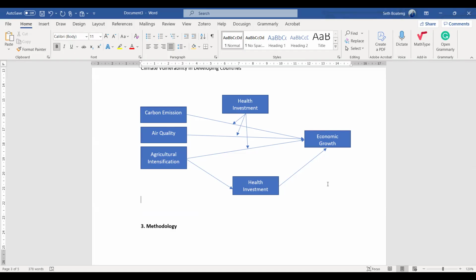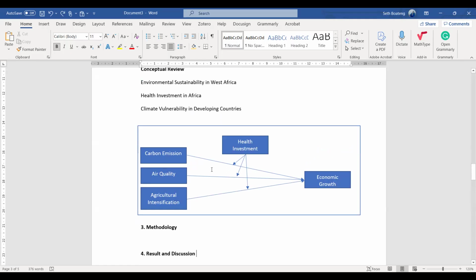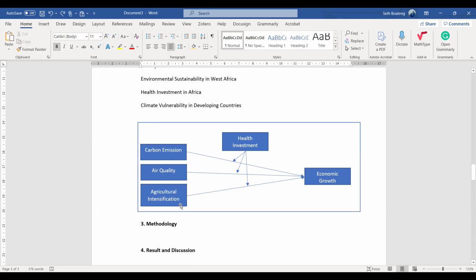But for the mediator, you link the variable to the mediating variable before you link it to the dependent variable. But this one, we are working with a moderator, so this is how it will look. So now I have my framework. Then I'm done.